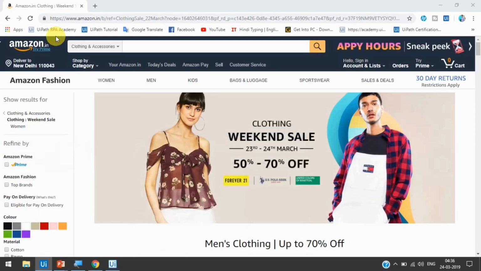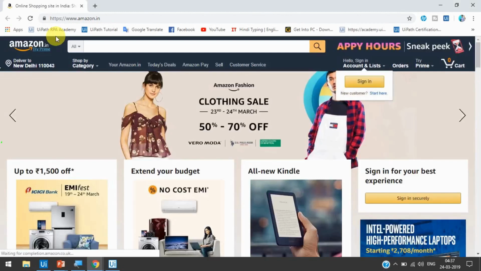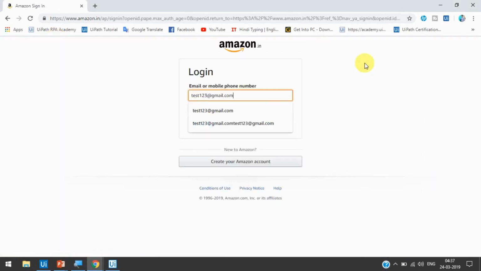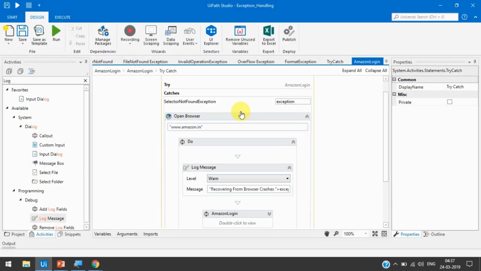So what will happen, it will open a new browser and it will open that URL amazon.in, and then it will complete the same steps after the browser crashes or after getting exceptions. Okay, so it opened the website amazon.in, and then it's done.